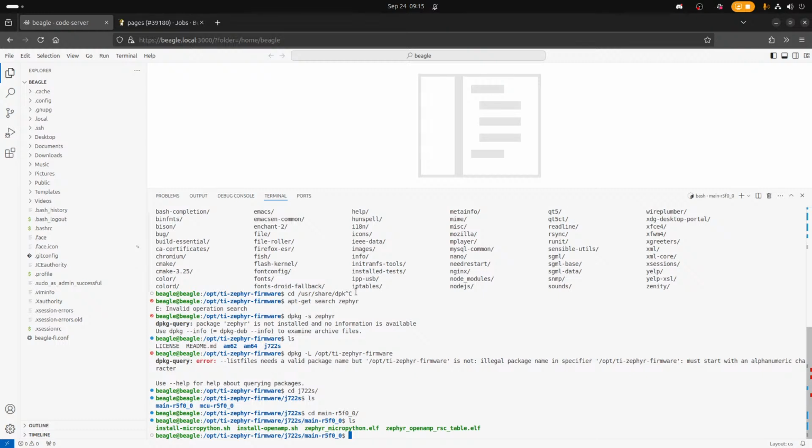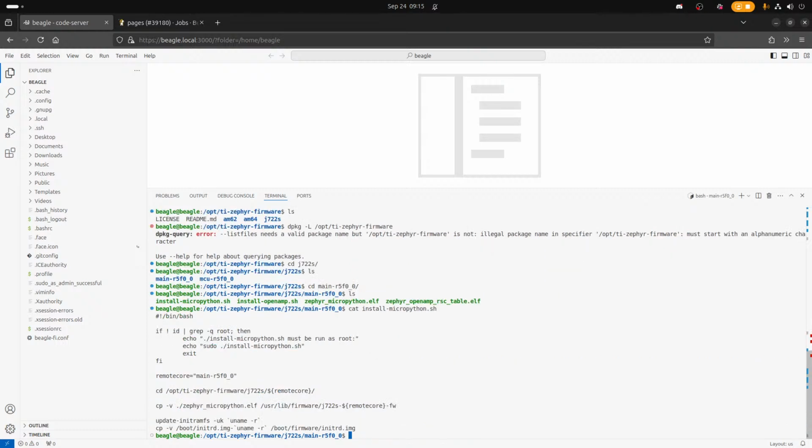Okay. Oh, and I see there's install scripts. Right. So we should be able to just, let's look at this install MicroPython script. I think you said this initramfs isn't used, but it does go ahead and make it.